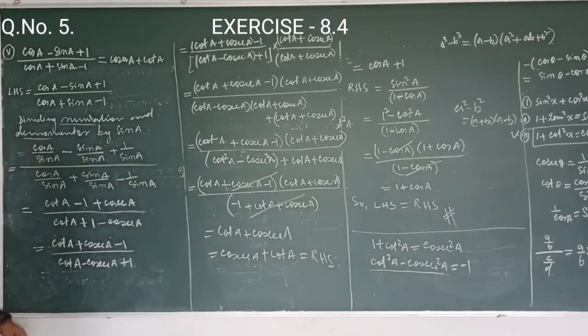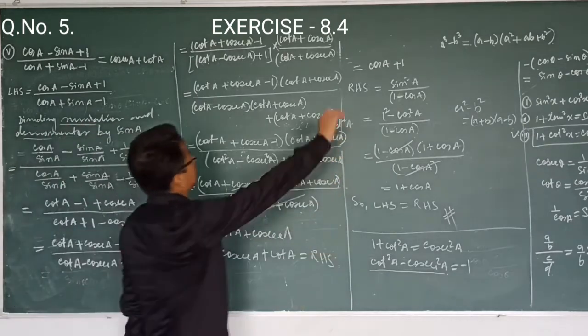So this is question number 5, Roman number 5 of question number 5. Let's see once again. So I will take the left hand side. This is our left hand side, and what can I do? I divide the sin to both numerator and denominator by sin A. So I will divide here. So after that, cos by sin we get cot. These two cancel, we will get 1. This 1 by sin I will get cosec A. So same we are doing in denominator also. After that, this we will get. Here little change we are doing.